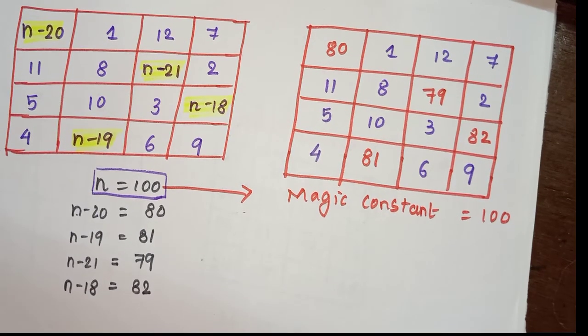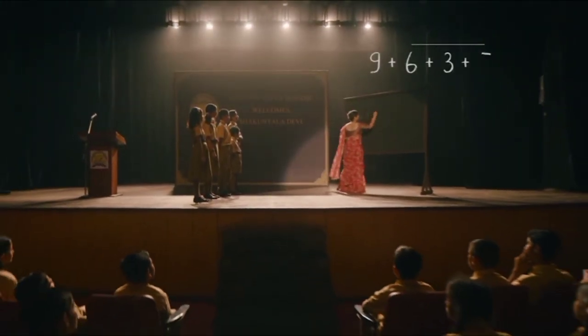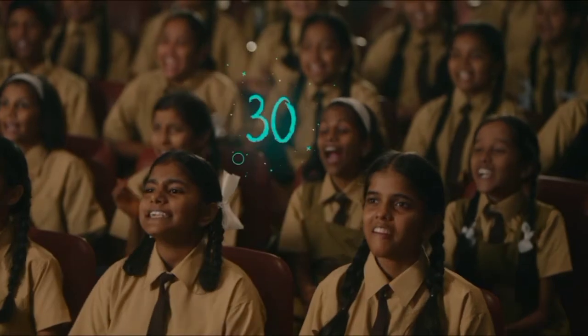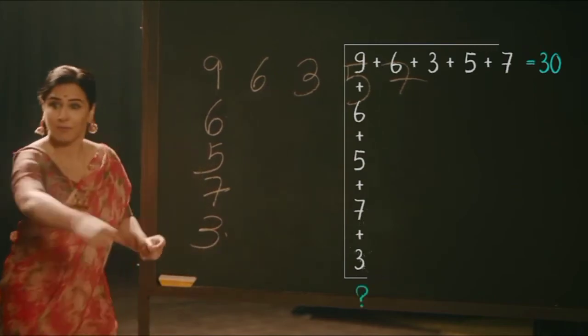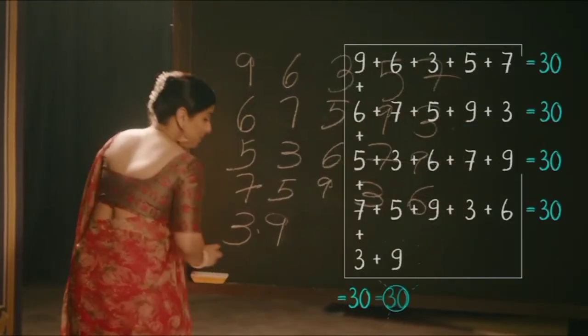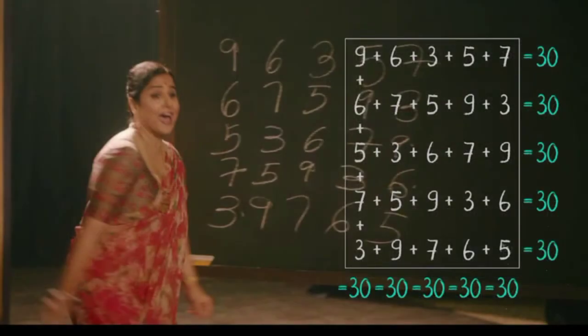That is how it is done, and finally we have completed the construction of all the magic squares: 3x3, 4x4, and Ramanujan also. So this is how the magic square is constructed. The magic square constructed in the movie is just like this, but in the movie it is simply taken with the help of only 4 or 5 numbers. It is a 5 by 5 magic square, but it just has repeated numbers; the same concept is used but the numbers are repeated.